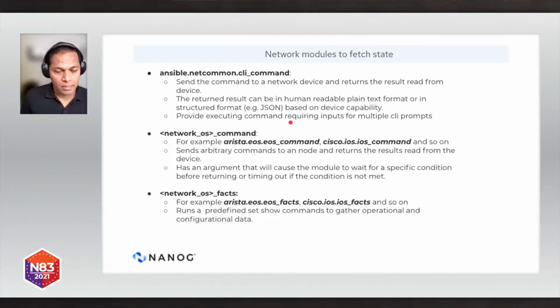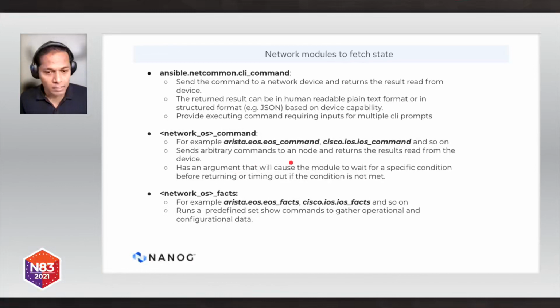If a user wants to update software, where each device throws a confirmation message asking whether you want to proceed or not, in that case, it handles those interactive command prompts. Then there are some platform-specific command modules. An example of this is the EOS command, so Arista EOS underscore command. Similarly, iOS underscore command. In addition to the above functionality, it has some platform-specific knobs, and it also has certain options